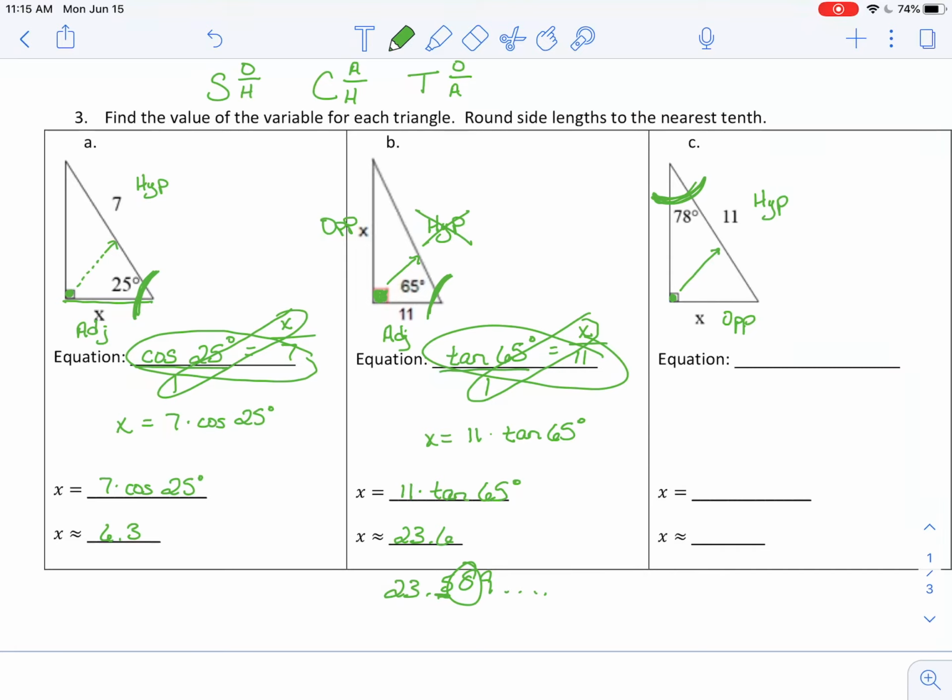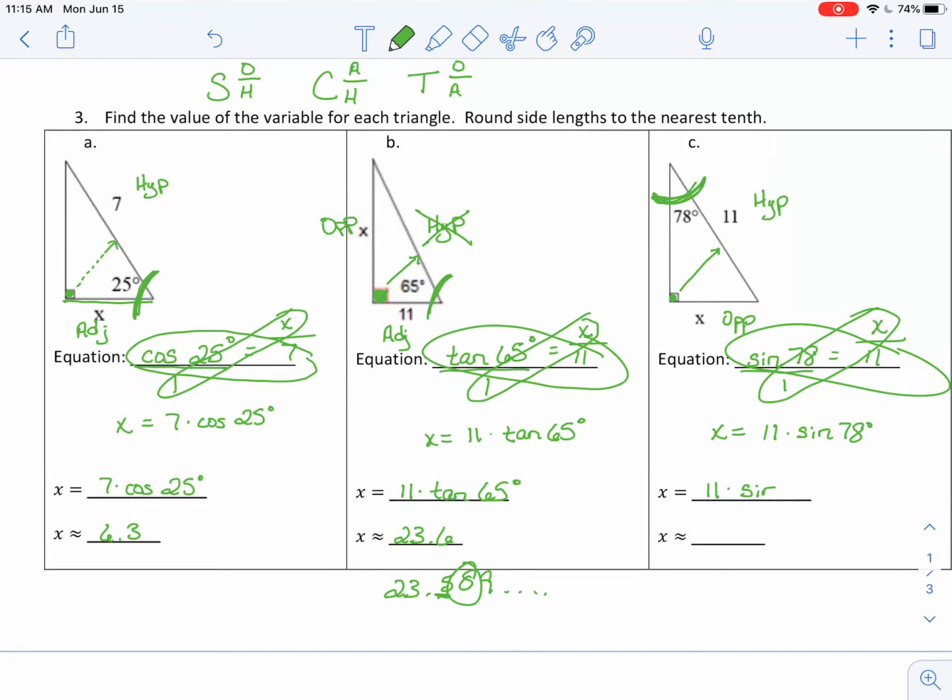I have a hypotenuse and an opposite. I don't have an adjacent. The only one of these 3 trig functions that uses H and O, the only one that doesn't use the adjacent leg, is sine. So I'm going to put sine of my angle is equal to the opposite leg over the hypotenuse. And I got that using this, SOHCAHTOA. Put it over 1 and cross multiply. X times 1 is x, and on the other side the equal sign will be 11 times the sine of 78,